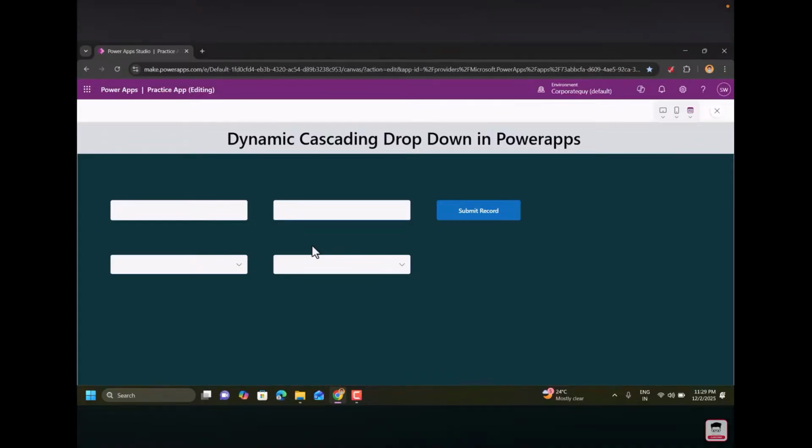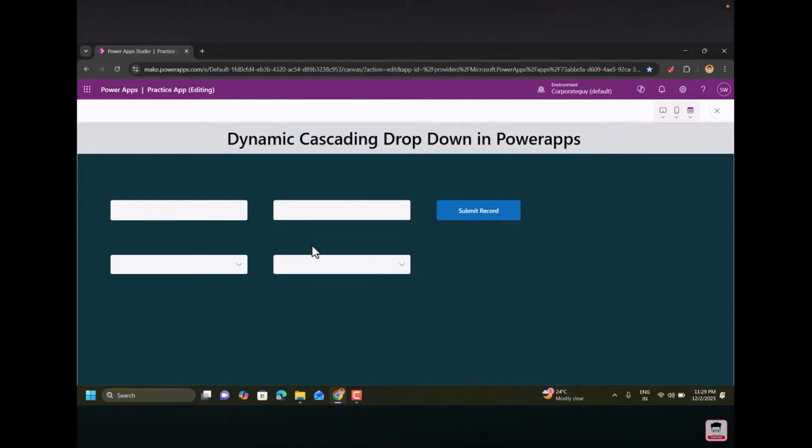So for that, I'm not using any external database which you can use such as SharePoint, Excel or any other database, but I'm using a Power App feature which is called a collection, or a temporary database, which is within the Power App. So I have used that collection to collect my entries and then use them as the